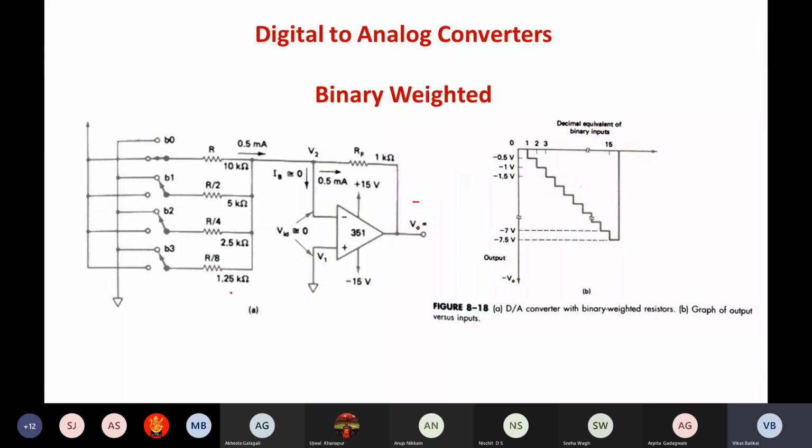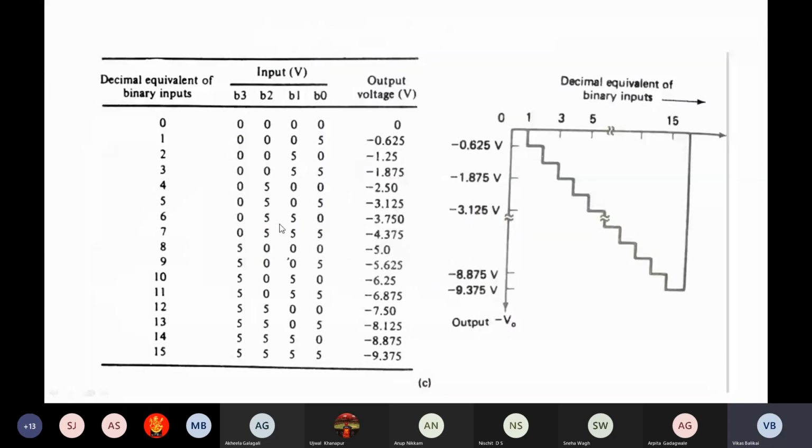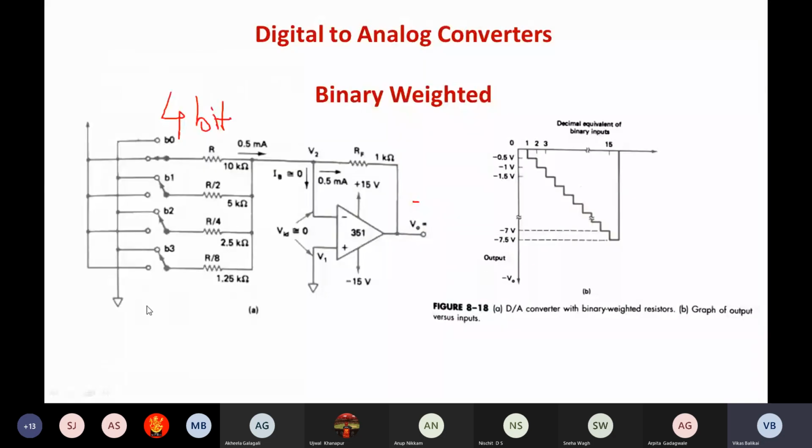since the number of binary inputs here is 4, the converter is called a 4-bit D to A converter. And since there are 4 binary bits present, there are 2⁴ combinations of binary inputs. That is 2⁴, in the sense 16 combinations, right from B0, B1, B2, B3, starting from 0, 0, 0, 0 till 1, 1, 1, 1. So that is what you can see over here. I have just made a note over here. See, there are 16 combinations that we can have for this converter, whatever is shown on the screen.